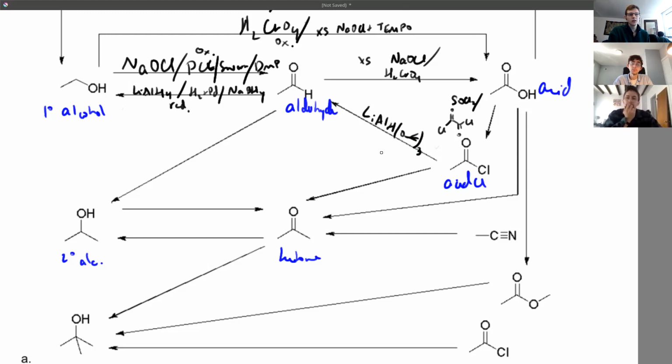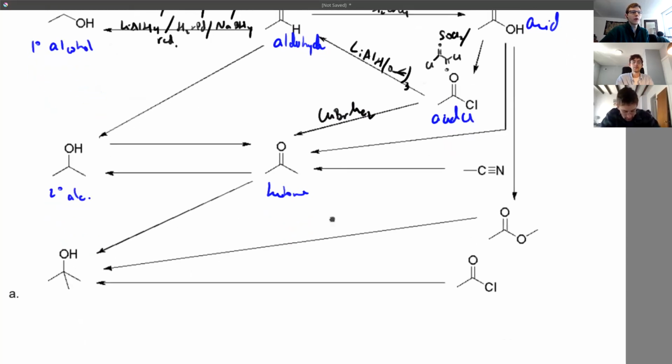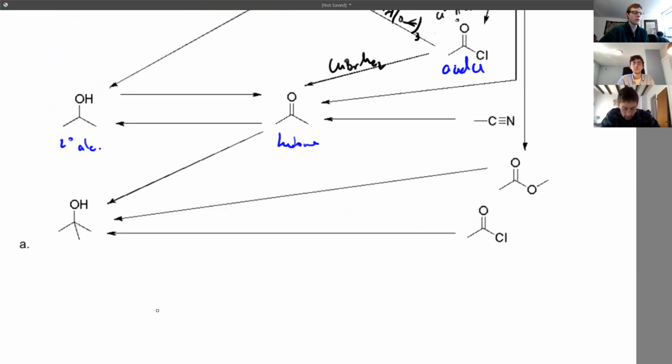Could we do a CuCl, or what is it when it has two of them on it in parentheses, and then it's just whatever the chain is? Or could we do a Grignard, right? So let's write this one, the cuprate. That's a good option. Okay, let's say we were to use a Grignard. Why don't I write it down here? Right here was the reaction. If we give it methyl magnesium bromide,